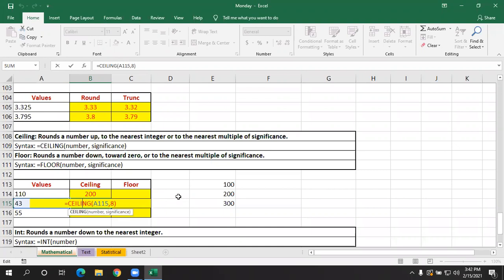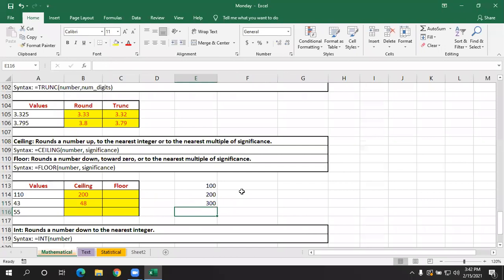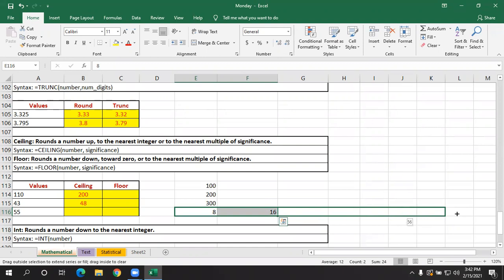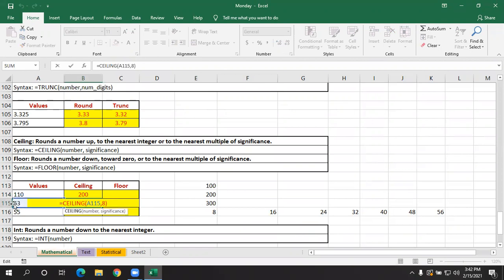We don't. 8 ones are 8, 8 twos are 16. Now let me fill here. Can you see, in multiples of 8 we don't have 43. Which value is greater than 43 and present in multiples of 8? It is 48. So if you press enter, it will show 48.